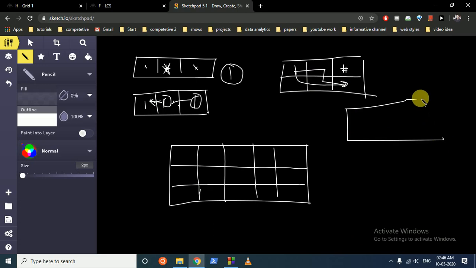Make a matrix of the same size and just manually fill it. If there is only one block and you want to reach this end, there is only one path. If there are these two blocks and you want to reach from here to here, there is only one path. If there are these three blocks and there is a wall, you cannot reach here, so you have to put 0. So irrespective of any paths, if you hit a wall, you have to write 0. This is the second observation, because you cannot reach there.